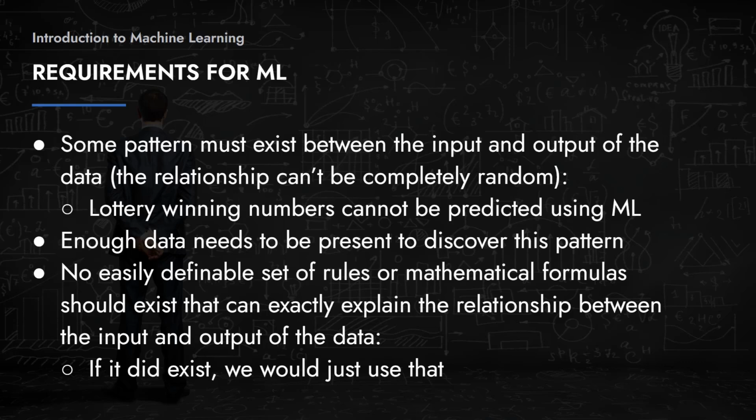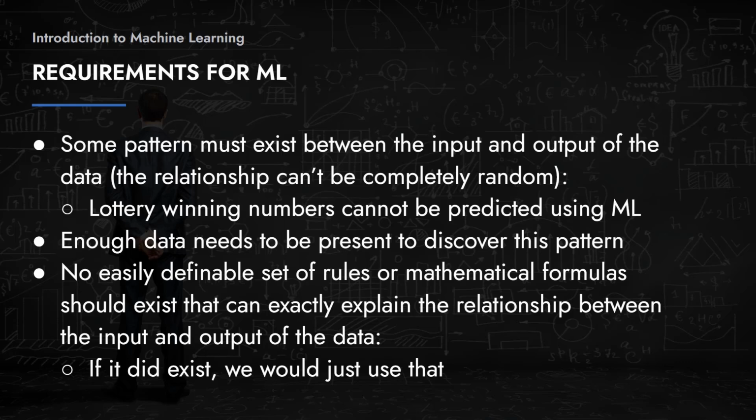So you can only apply machine learning to problems in which you have an input and output that have a relationship, okay? And on top of that, you need to have enough data that you can actually discover this relationship. So you need to have quite a lot of data. And depending on some problems, you might need more and other problems might need less. But you need to have enough examples so that the machine learning model can actually train itself and fine-tune itself